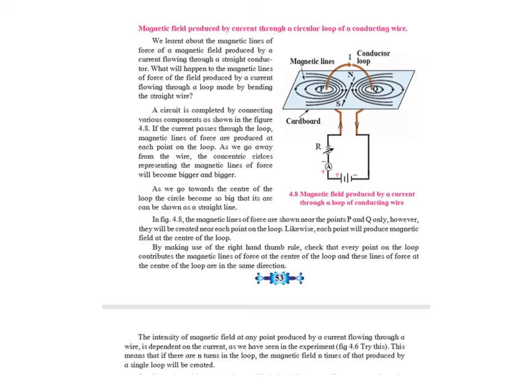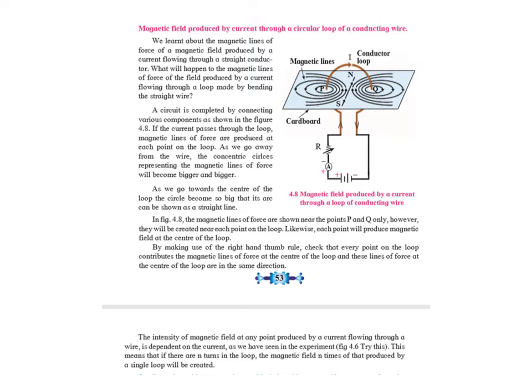A loop is like a circular design. So look at the diagram. Now there is a circuit. You can again see there is a resistance, there are conducting wires, there is a positive terminal, there is a negative terminal, there is an ammeter. We are concerned presently over here with that loop, which is represented by PQ.